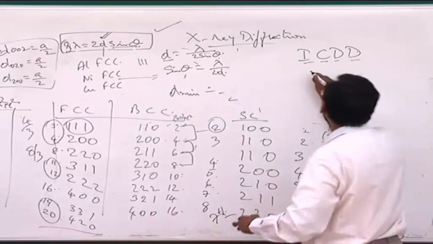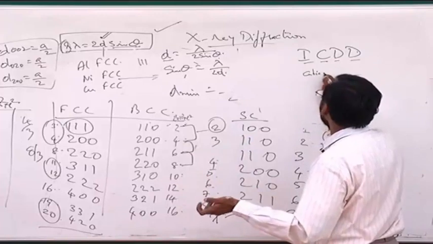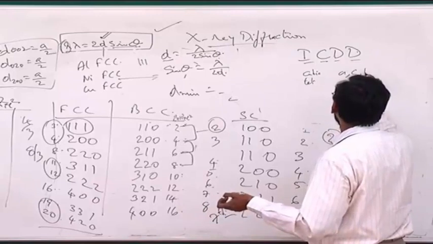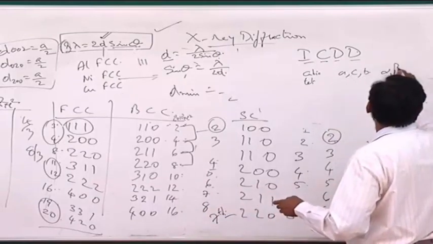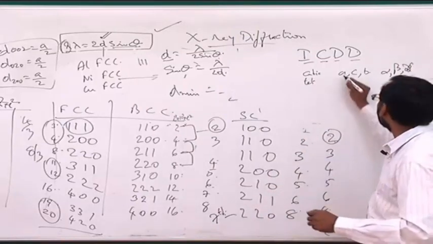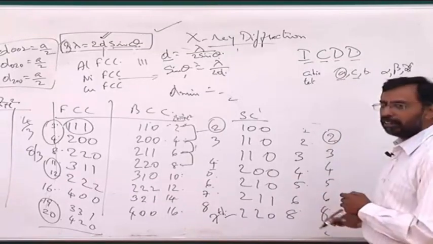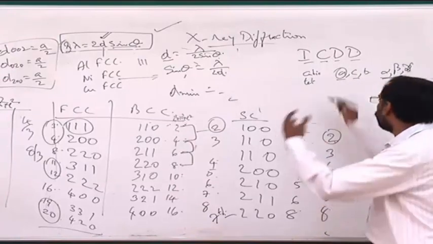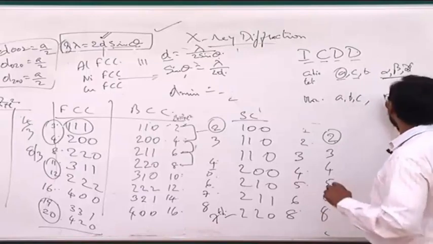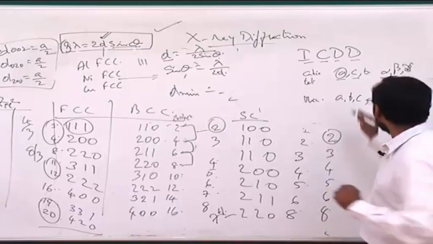And from that, he will identify what is the crystal structure of it. And once you identify the crystal structure, you know the structure, whether it is cubic or whatever it is. And once you identify cubic or tetragonal, you find out the lattice parameters, A, C, B, whatever it is, and alpha, beta, gamma, depending on how complicated the structure is. If it is only cubic, only A is enough, nothing else is required. And if it is tetragonal, you need A and C. You don't need to talk about alpha, beta, gamma. And if it is, let's say, monoclinic, you need to talk about A, B, C, and also two of the angles, alpha and gamma. Beta is 90 degrees. So you need to give all this.